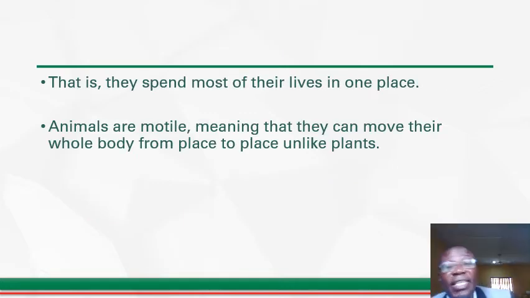That is, they spend most of their lives in one place. So they do not move like some other animals that move from place to place. So they are very sessile in their characters. Animals are motile, meaning that they can move their whole body from place to place, unlike plants. The plants are stationary, they only move part of their body. They do not move from place to place, as in the case of